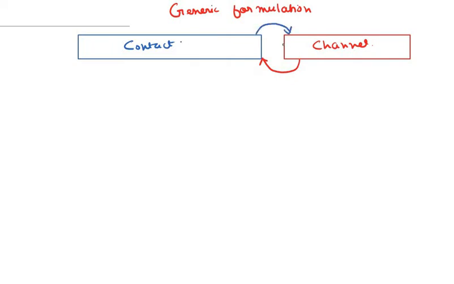Then we need to find the equation of the wave function for this channel. Basically, we are interested in the equation of the wave function for the channel. For the contact we are not interested,